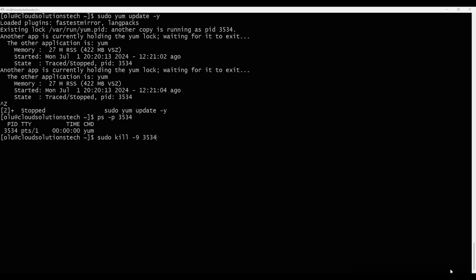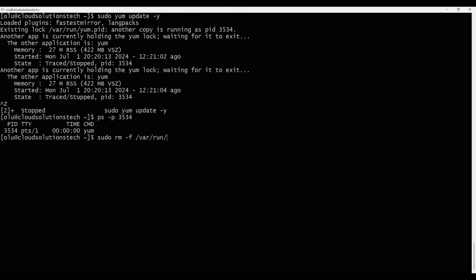It's a different approach. So after terminating the process, let's assume the process is not critical. After terminating the process, the next thing you want to do is remove the lock file if necessary. So if the process has already ended, but the lock file still exists, how do you remove it? For that, you do sudo rm -f, and then /var